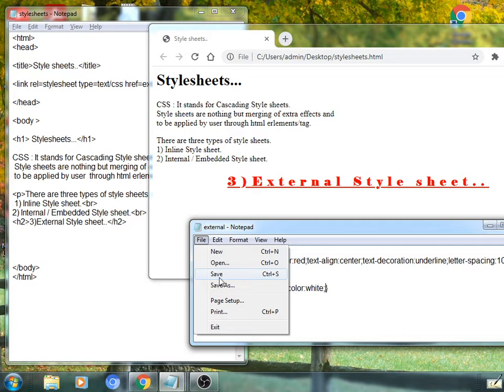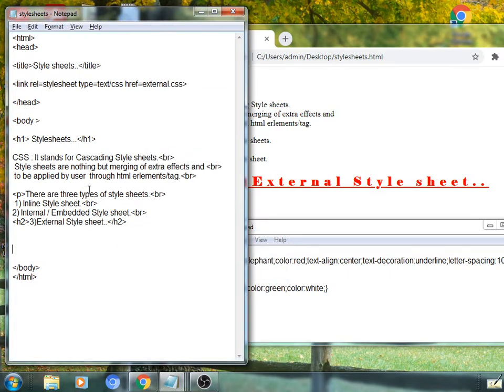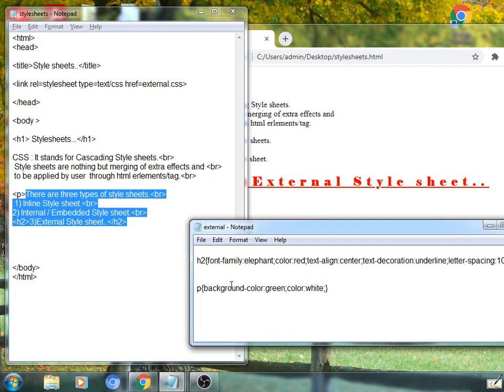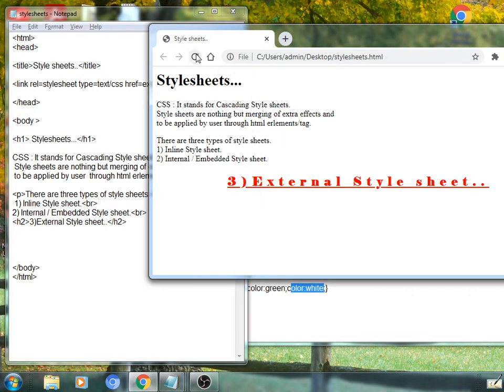It will be saved here in something.css, and applied here. Basically we have applied tag P as previously, no doubt. So these 4 lines will be displayed with a background color of green and text color of white. Okay, save here, refresh here.